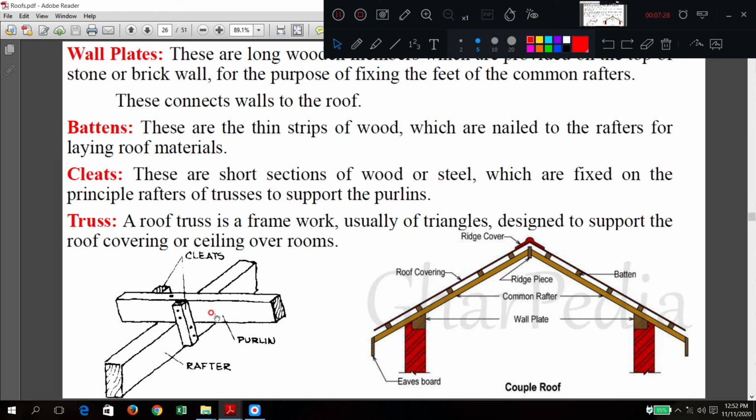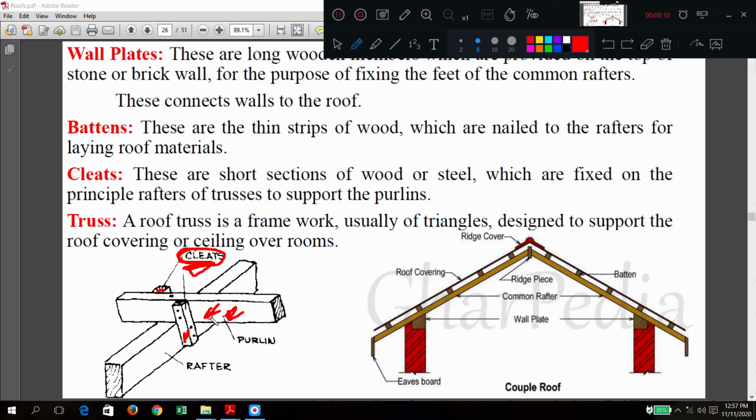Okay. So now here you can see how the purlins are running. This is a typical cleat. I hope now you got this point. This is a cleat portion. How is it fixed? Cleat. So I am marking here cleat. Cleat is fixed on the purlin such that it is not sliding in this direction as well as in this direction. Okay, in this one you can see now. What is the function of cleat? Just now you saw, cleat is holding the purlin in its position.